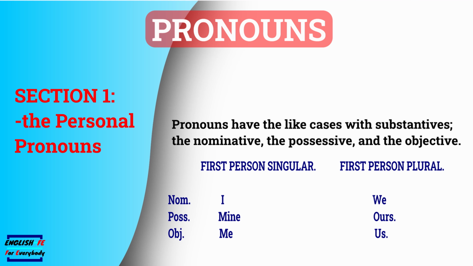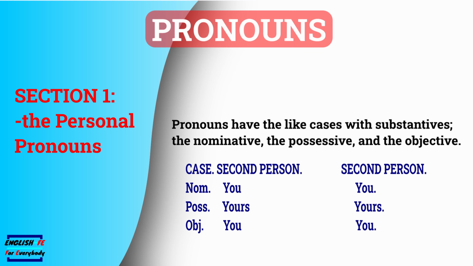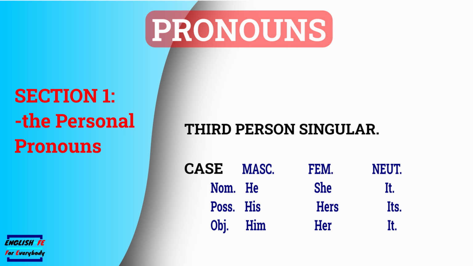The personal pronouns are thus declined: nominative, first person singular I, first person plural we; possessive, first person singular mine, first person plural ours; objective, first person singular me, first person plural us. Now the third person singular, as we before observed, has genders, and we shall therefore decline it in a different